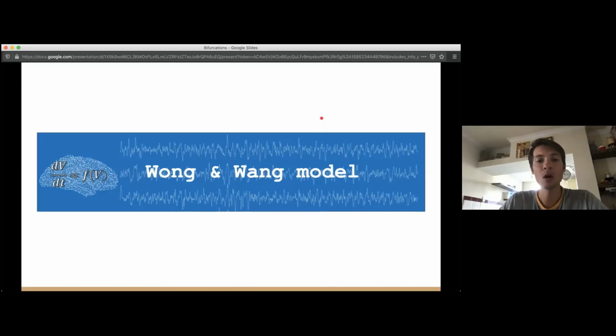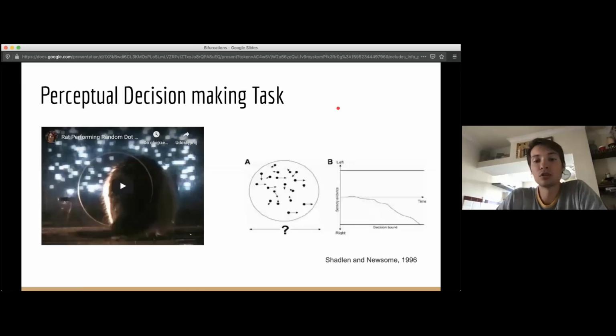So now let's take advantage of all this knowledge and apply it to a practical example from neuroscience. And this example lies pretty close to my heart, as this is the decision-making model, something that I'm working on at Zhang Zhang's lab at the moment. So for those of you who are not that familiar